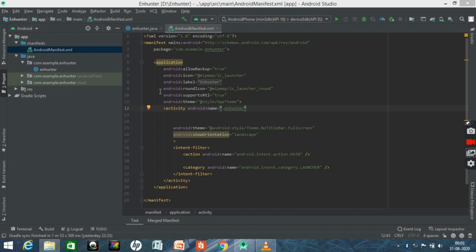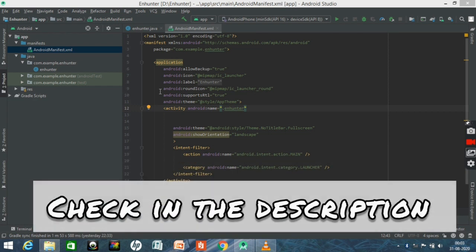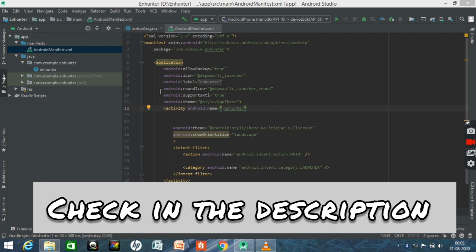You have three options: run the game on the emulator on the PC, part of Android Studio, or run the game on a real Android device in USB debugging mode, or export the game as a full Android project that can be uploaded to the Play Store. The first option is the easiest to set up because we did it as part of setting up Android Studio. I have shown you how to download an emulator and run it. You can refer to the video and I have given that video's link in the description.